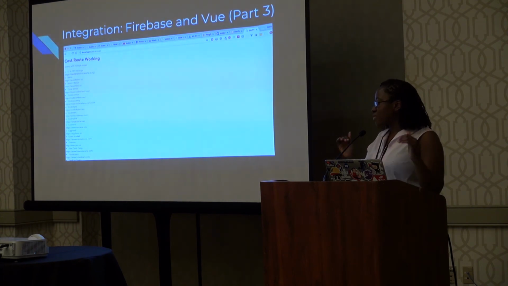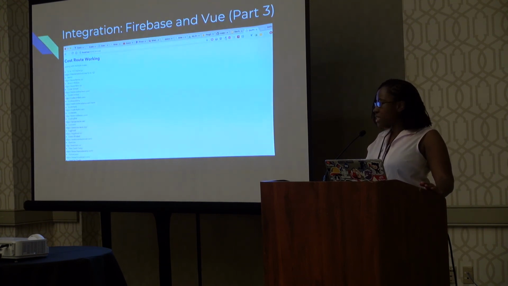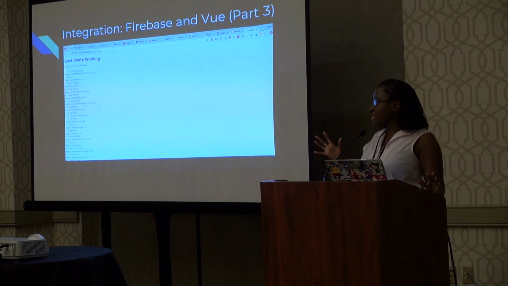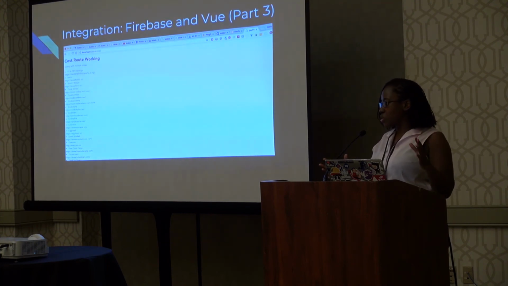And a way to get away from that would have been to implement Firebase into each of the specific apps, but then I would still end up running into state management issues. And that's when I decided to implement a state management tool within my app. Thankfully, Vue has its own specific state management tool called